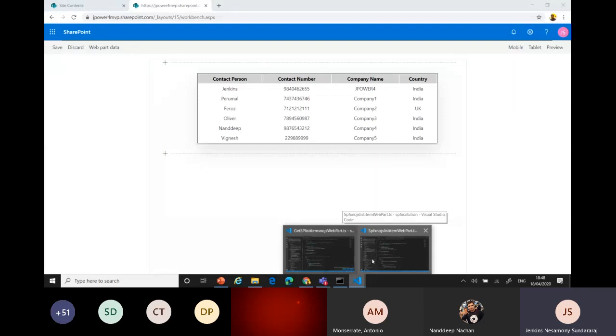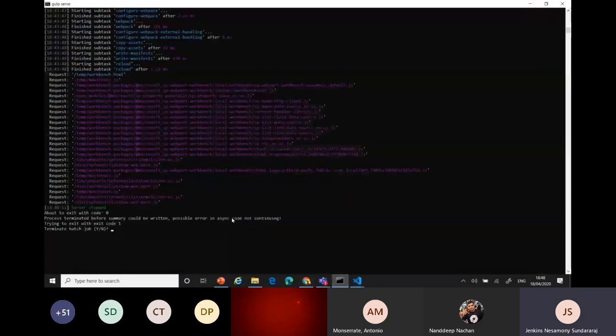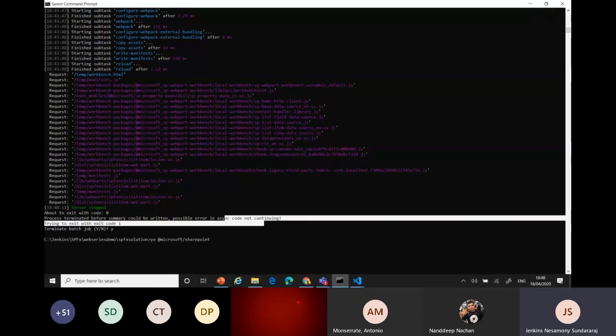Now what I'm going to do is create one more web part. We have limited time. For example, if you want one more report in the same solution, what you need to do is just create one more report from there itself. No need to go outside. In the same solution, I'm creating one more report. I'm going to use React. The same process I have to use in React. I'll go fast and show you.